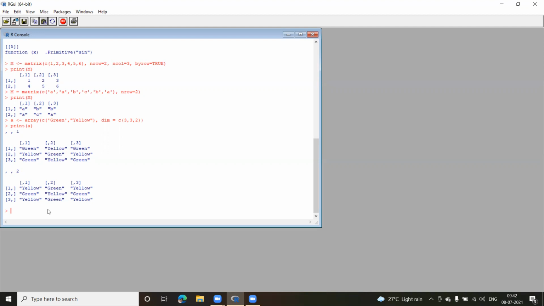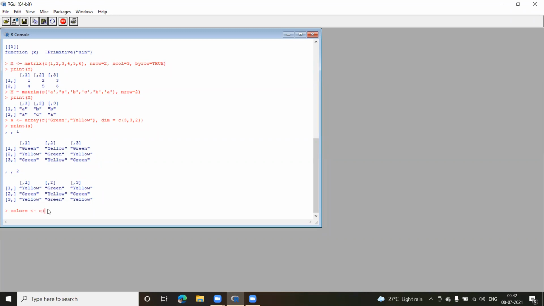To create a factor, I'll first create a vector, called, let us say, colors. Let us create a vector by the name colors, using the combine function.